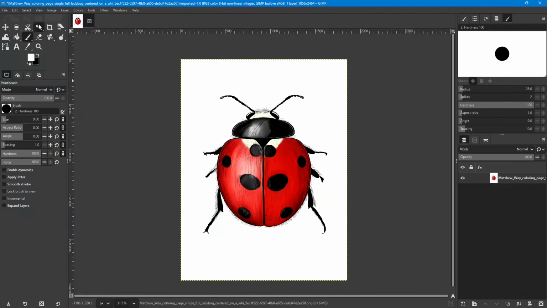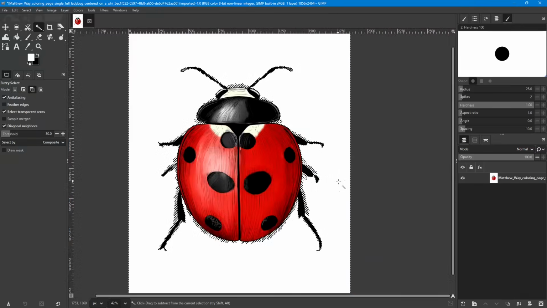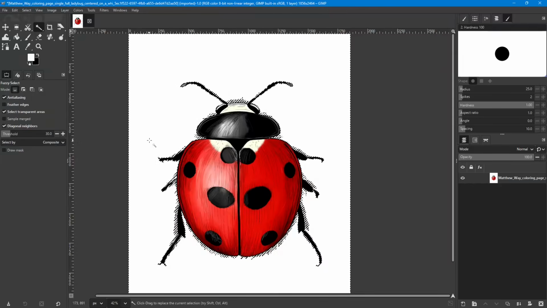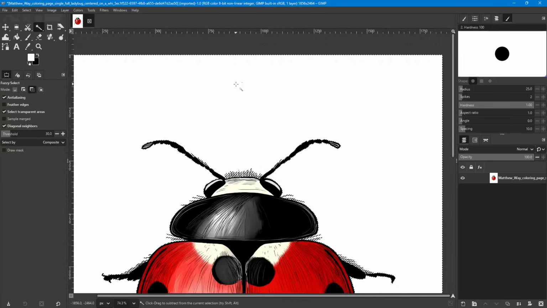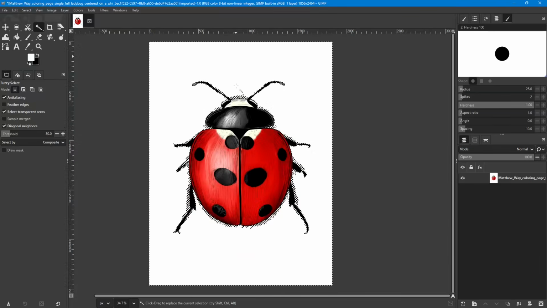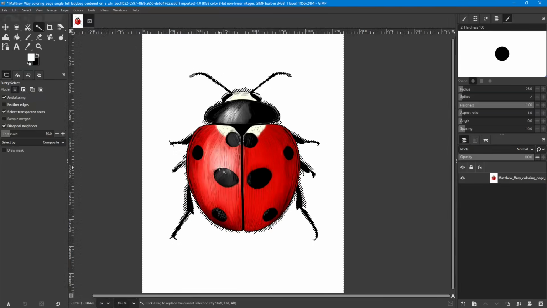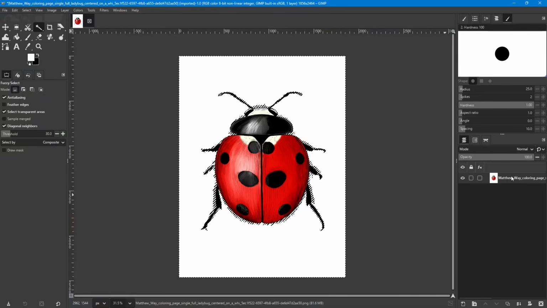So let's try that again. Fuzzy select, hit that. Let's see if I see any marching ants anywhere. I don't see any. I'm still not going to do the selection this way, the one that I keep, but I will show you how to do this. We have the white selected, so now all we have to do is get rid of that background a couple of different ways. Number one, we can just hit delete. Since all the white is selected, we can hit delete and it will